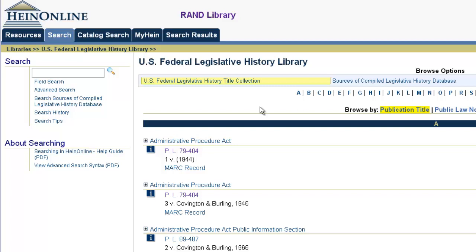So if we have an example, let's say the Uruguay Round Agreements Act, and we're looking for House Report number 829. Now, based on the other research and notes that we have, we know that this House report number and the Uruguay Round Agreements Act are tied to the public law 103-465. So now what we can do is we can browse our compiled legislative history collection and look for that public